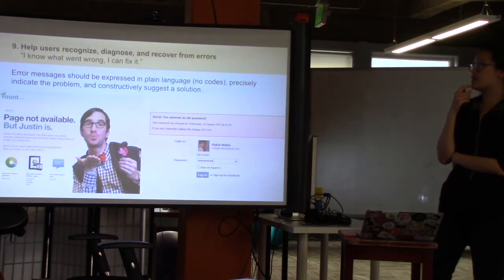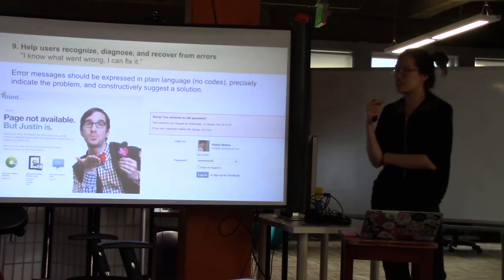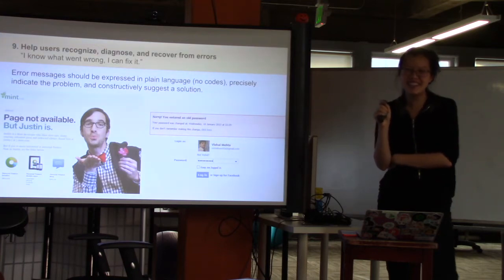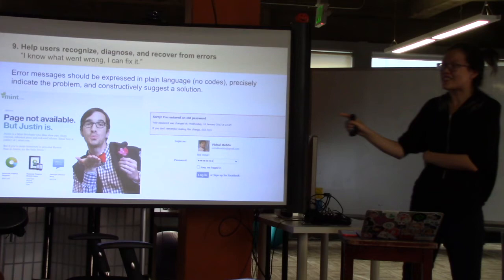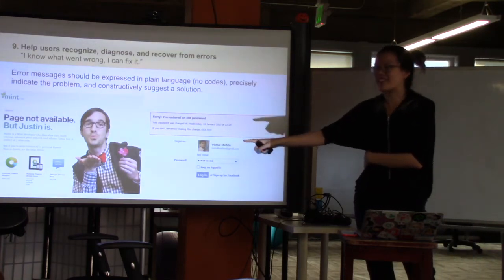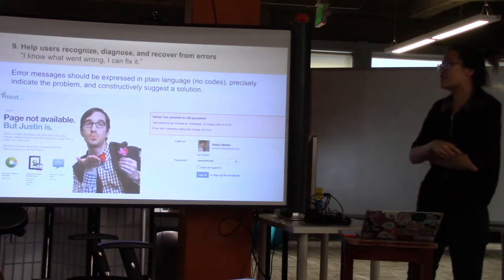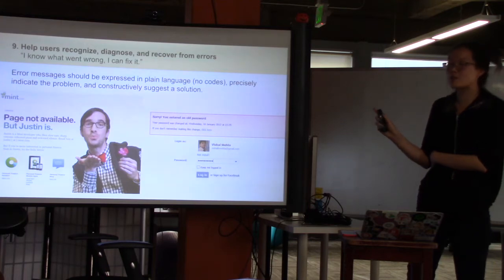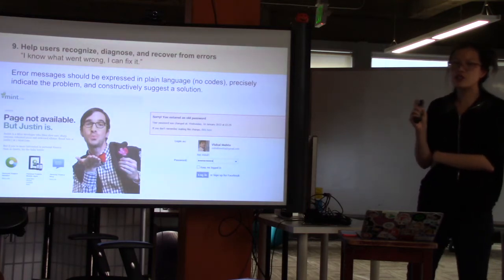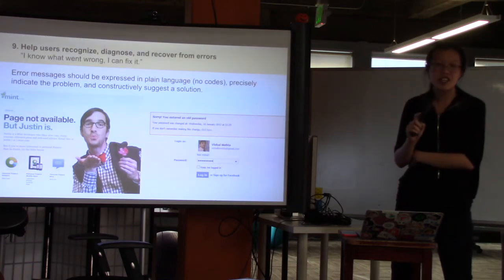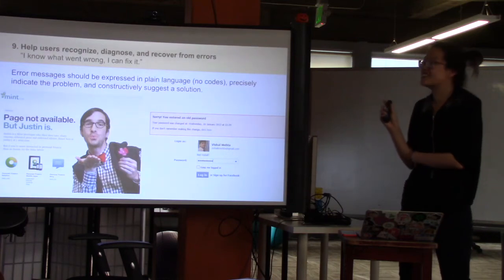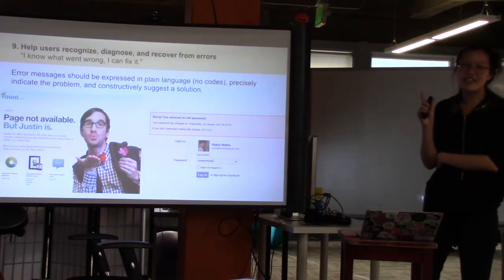The ninth one, help users recognize, diagnose, and recover from errors. So the one thing you don't want to do is tell people something went wrong and there's nothing they can do about it. So admit the page is wrong, but give them solutions for how to get it fixed. Facebook doesn't just tell you that your password is wrong. It tells you very specifically, this is your old password. You changed it on this date. If you don't remember that you changed it, you've got to contact support really fast. Check your credit card and make sure your identity hasn't been stolen. Man,